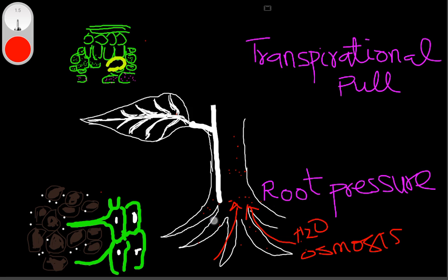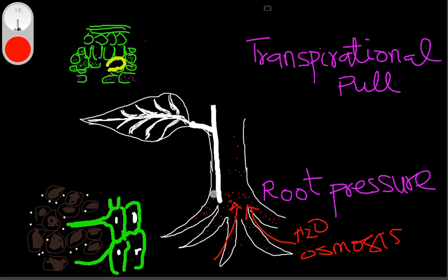So as water goes in, the more water that goes in, the more the sugars, the high concentration in these roots, are diluted from cell to cell. So it gets to a point that the dilution becomes very high, and the higher osmotic pressure in this root begins to drop,